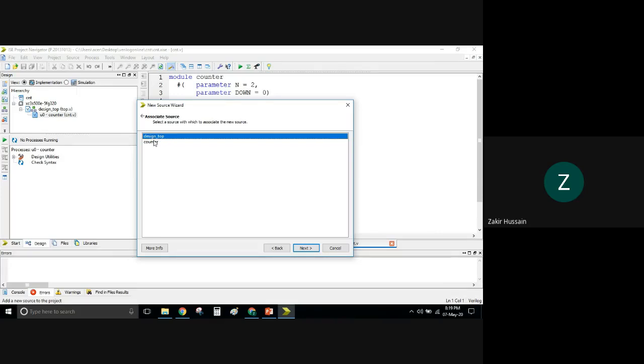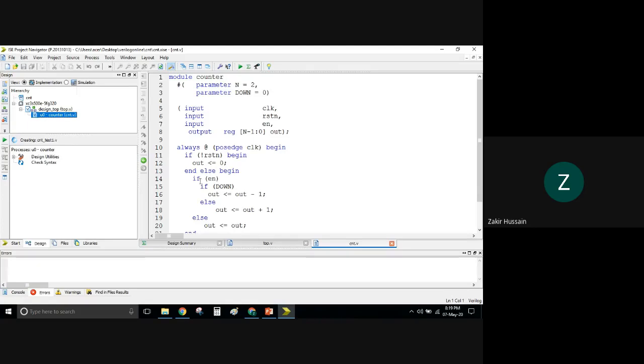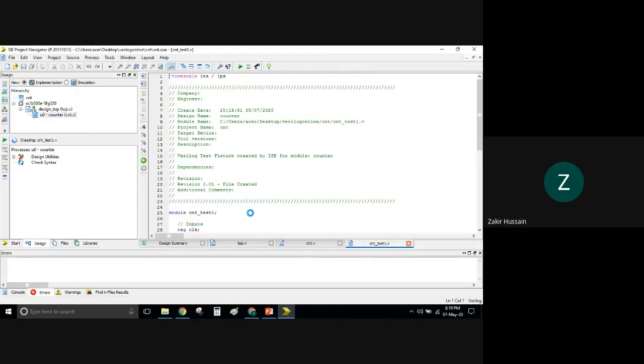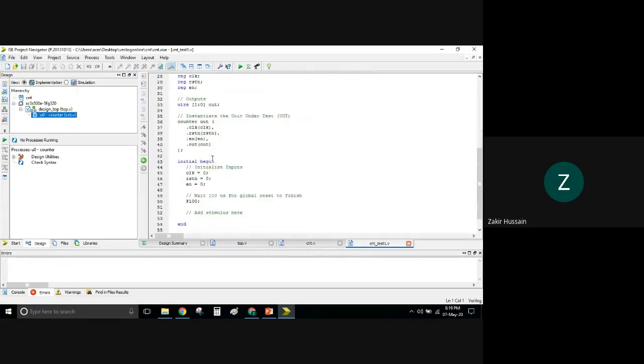But in today's example, we have design underscore top and counter. My intention is not to test design underscore top, but to test counter. So I am selecting this counter. Now next, and finish. The tool is going to generate a complete template.